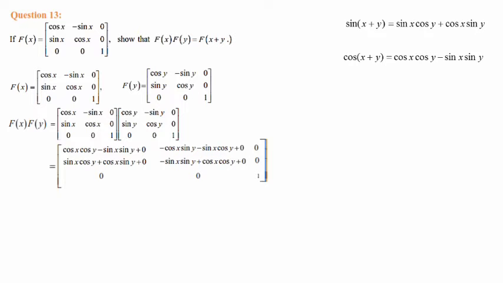When we take a minus outside, we will be getting cos x sin y plus sin x cos y. So that will be sin of x plus y. Sin x cos y plus cos x sin y is sin of x plus y. For that you need to take a minus outside, so you will be getting minus of sin x plus y. Here when you check sin x cos y plus cos x sin y, the same thing, the same sin of x plus y format. And here, cos x cos y minus sin x sin y means cos of x plus y.